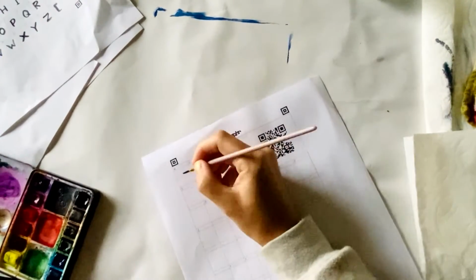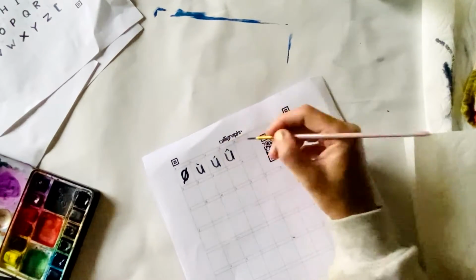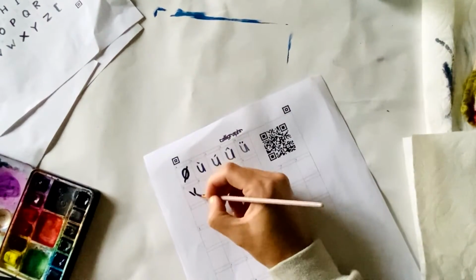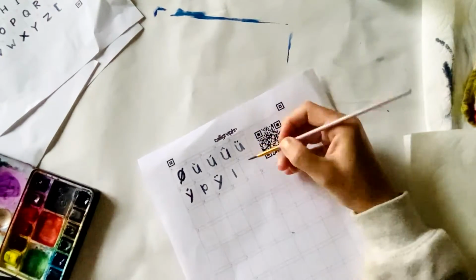I also felt like just leaving these letters rough. I didn't want to obsess over it. I just wanted to create something that I could really use, upload it to Calligraphr, test it out, and then clean it up later. So I am going to be doing a follow-up video for this, showing you how I would clean it up